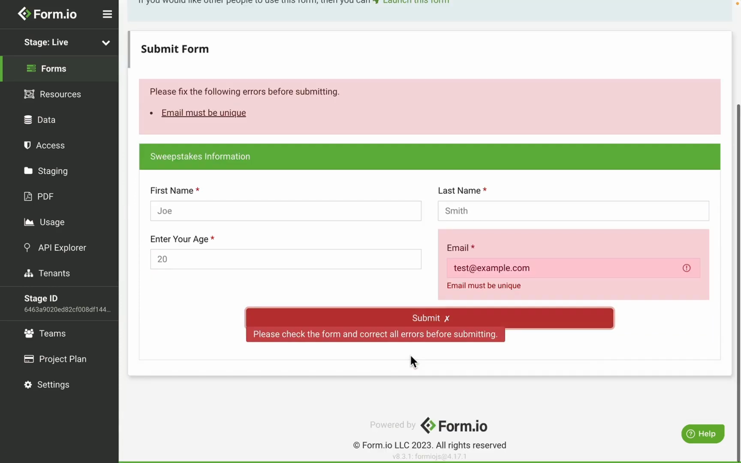and I'm going to use that same email address. And when I submit, I should get a server-side validation saying the email must be unique. This is helpful for things like email fields on registration forms to ensure users cannot register using the same email